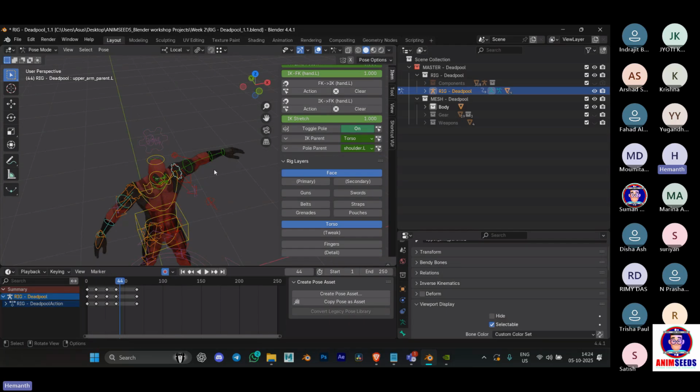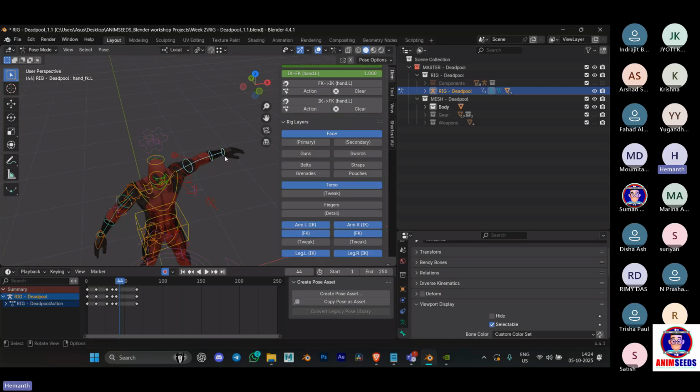Okay, great. Now, can we turn these FK controllers to IK for every key in Maya in simple steps? I don't think so. But in Blender,